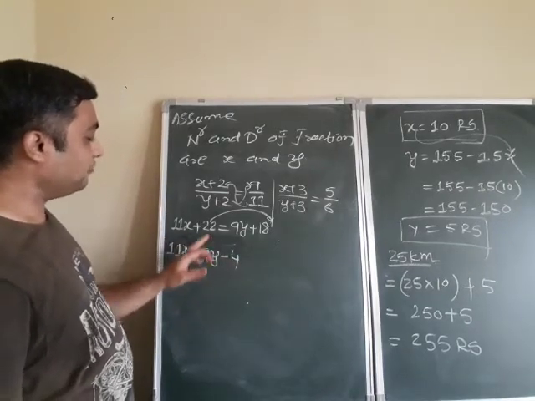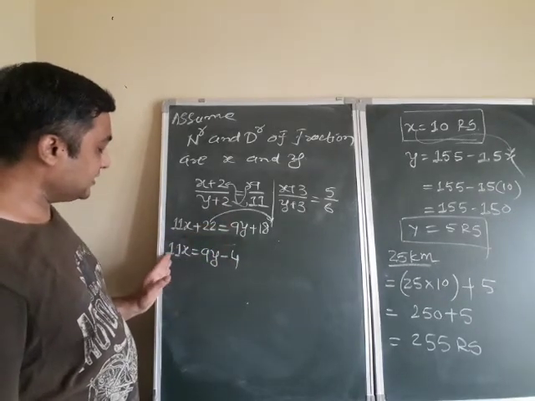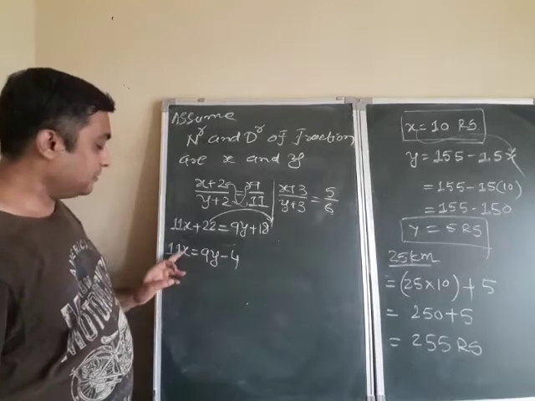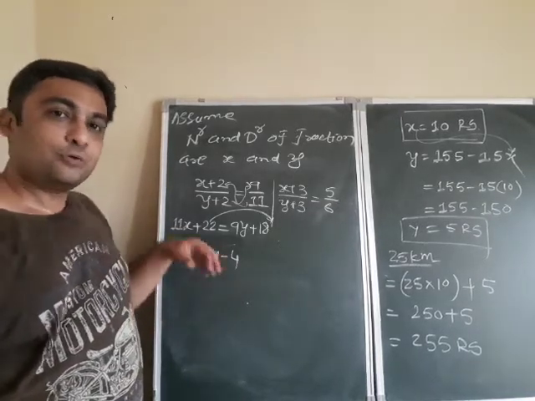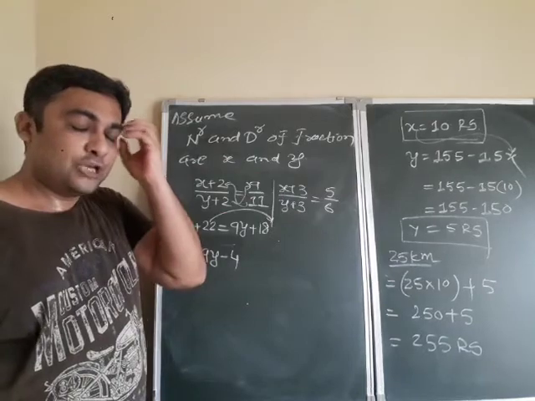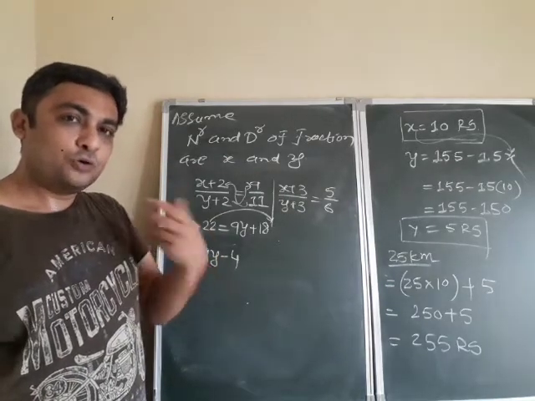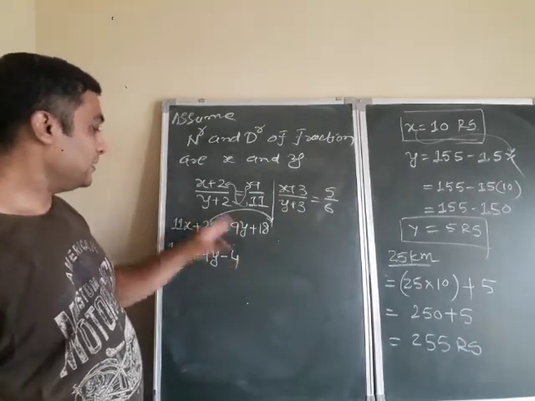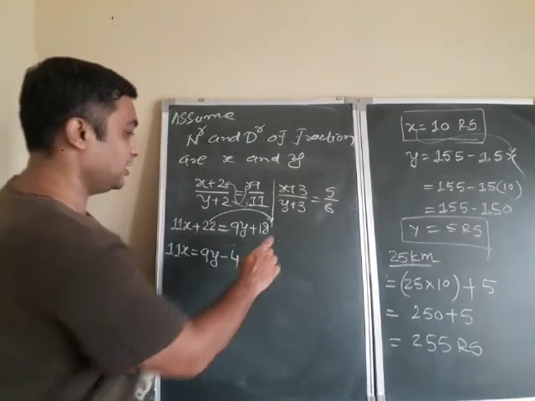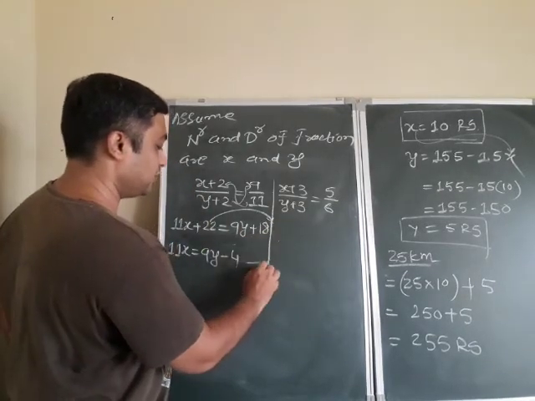See why I keep y on this side only? Because I keep 11 in the denominator, so I will get x in terms of y. So substitution should be easy now. Keep in mind which method you want to use. If you want to solve by elimination, then I think I have to take this y on this side. We will see later. So this is my equation number 1.